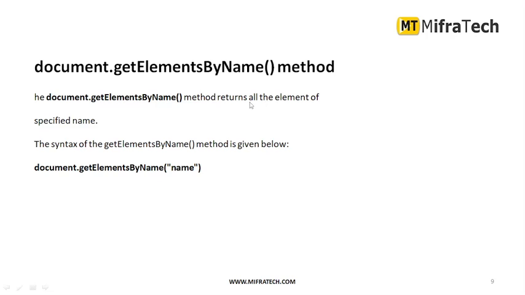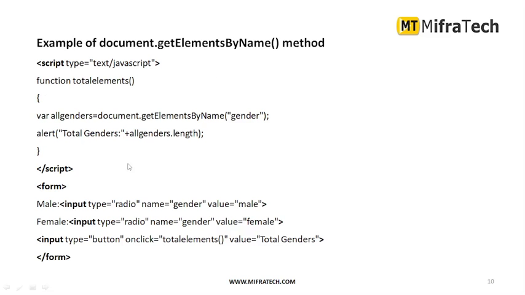Next, document.getElementsByName. The document.getElementsByName method returns all the elements of the specified name. The syntax is document.getElementsByName("name"). The example,